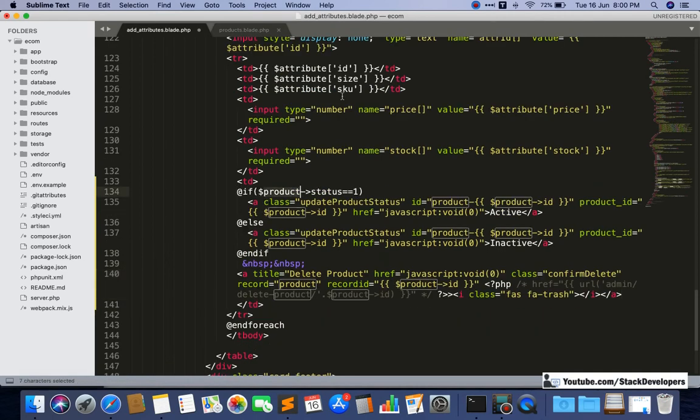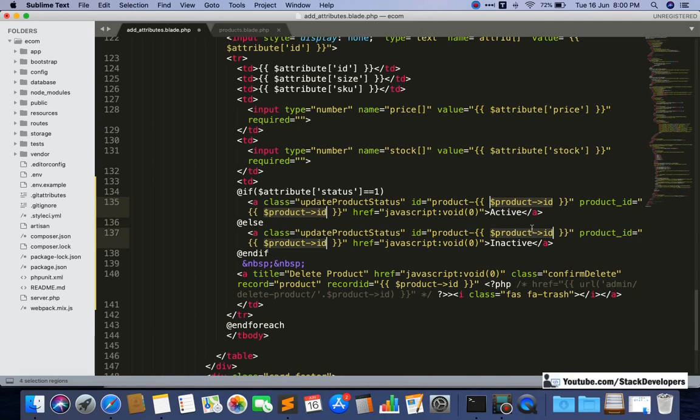Here we are going to use the attribute ID, and we are going to use the status as well, like attribute status equal to 1, and everywhere we are going to use the attribute ID.